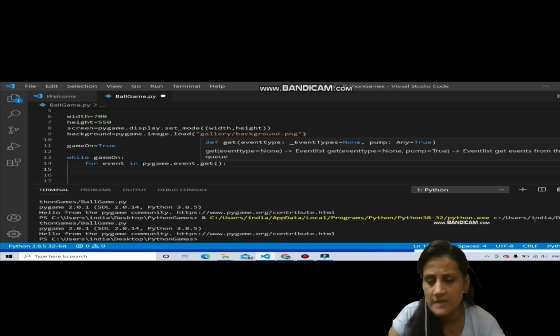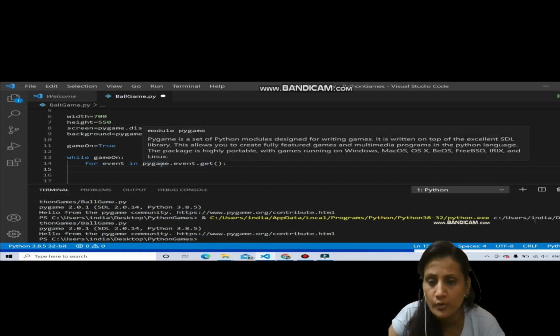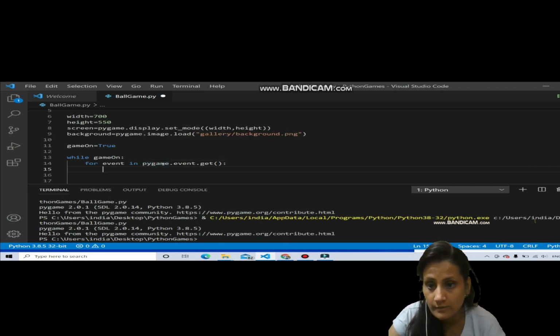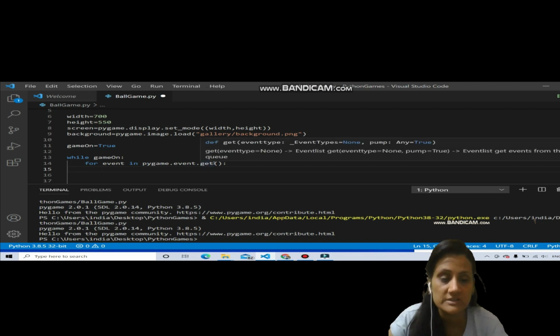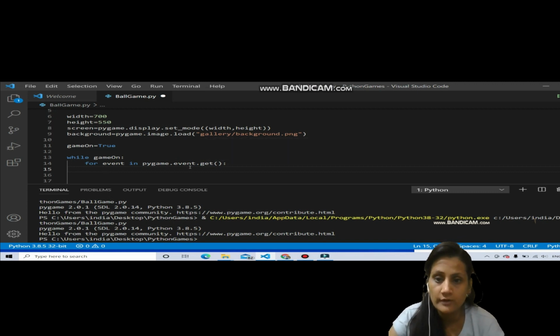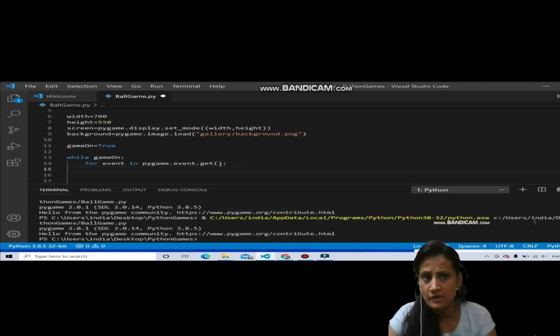This is very simple. For example, I instruct you to go into a room and tell you there is a table, and on that table there is a book. Just open and read these two lines. Similarly, we are telling pygame: suppose this is a room, inside there is a table called event, and there is a book kept there, get, open and read what is there. So we want pygame to go to event, and from there ask the get function to capture all the events being done. Out of all the events, there are many. We will check which event has taken place, and accordingly decide what we have to do.